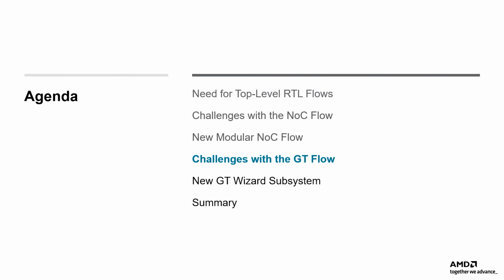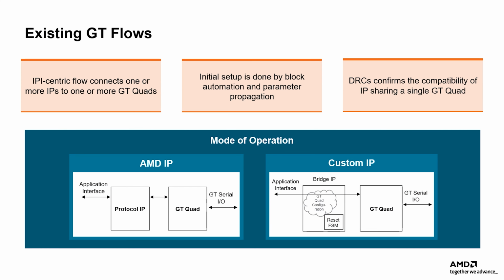Let's now turn our attention to gigabit transceivers. AMD Versal Adaptive SoC GTY, GTYP, and GTM transceivers provide high performance and integration at 7 nanometers, including serial I/O bandwidth and logic capacity. The GT Wizard flow generates a wrapper to instantiate the GT primitives and helps users configure their GTs. GT primitives consist of a single GT quad, the GT Quad base IP.